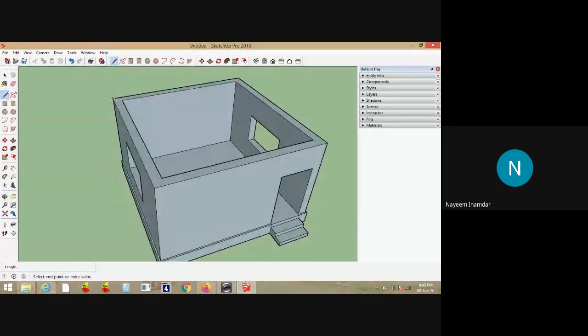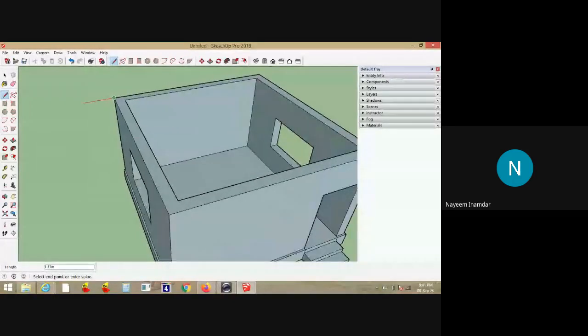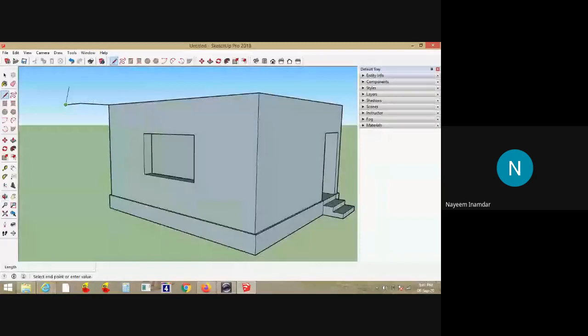I'll take this as the reference point. Usually the slab will, for this example, have a square or rectangle shape. For that I only need two opposite diagonals. I'll take this point, in this direction 1 meter, in this direction 1 meter, and upward.